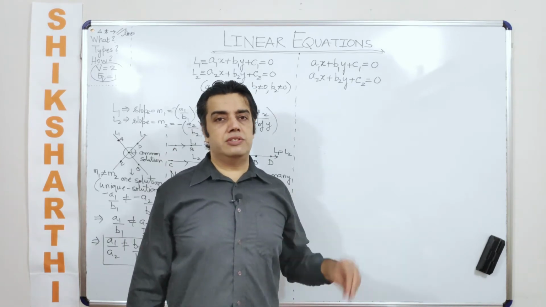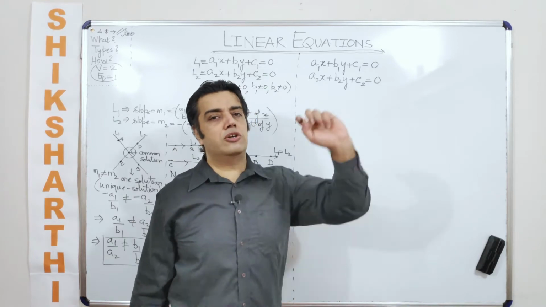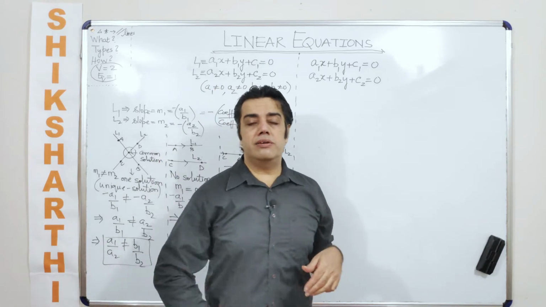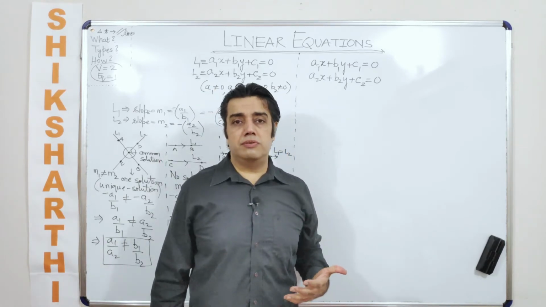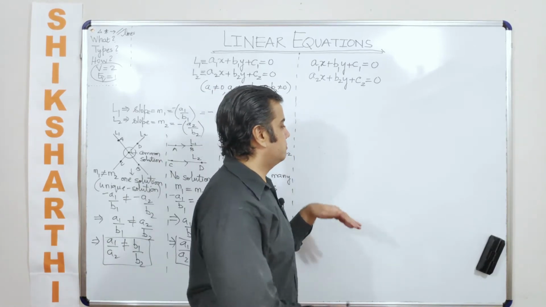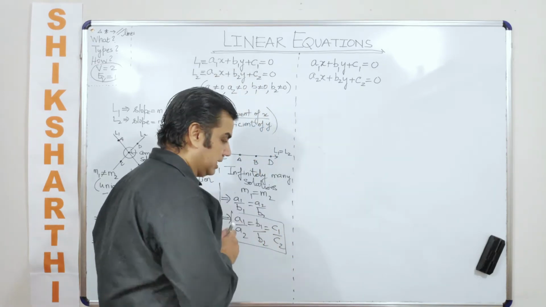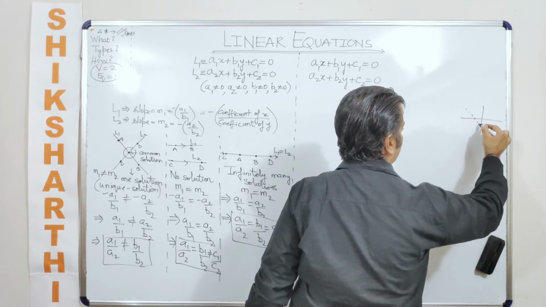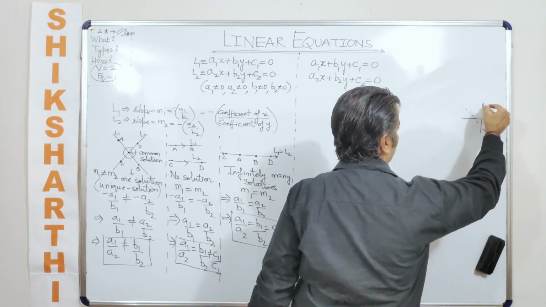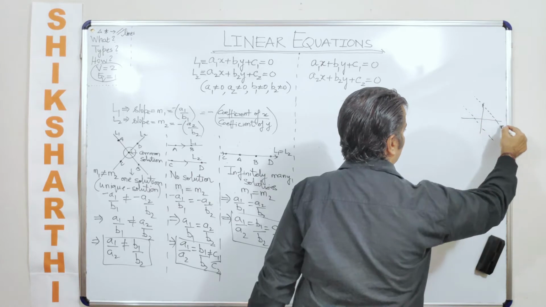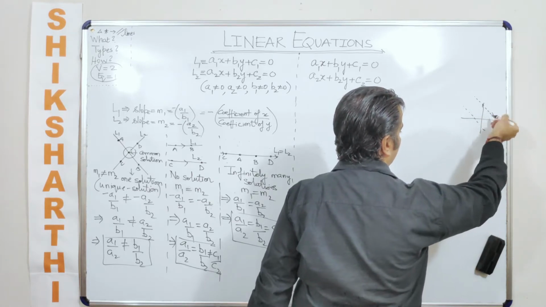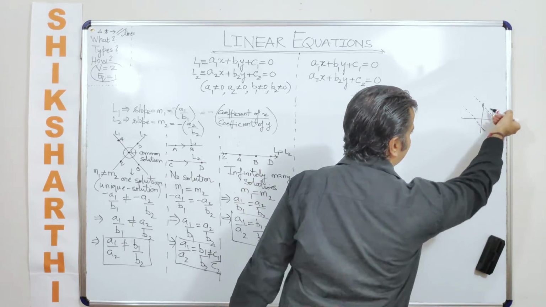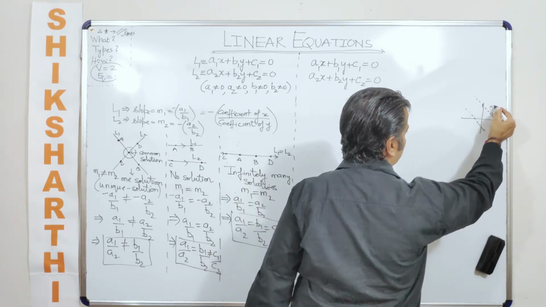Now if this line is passing through the third quadrant, at the same time it cannot pass through the first quadrant. This was a puzzle that I had given to you in my earlier video. Why can't it pass through the first quadrant? Because if a line is passing through the third quadrant, let us say like this, it cannot at the same time pass through the first quadrant, because then you would be talking about a line which is almost parallel, or may not be exactly parallel, but then it cannot pass through the first quadrant. So it will never pass through the first quadrant.